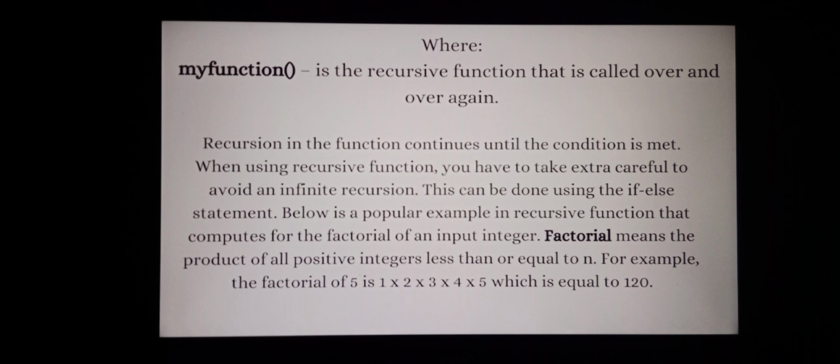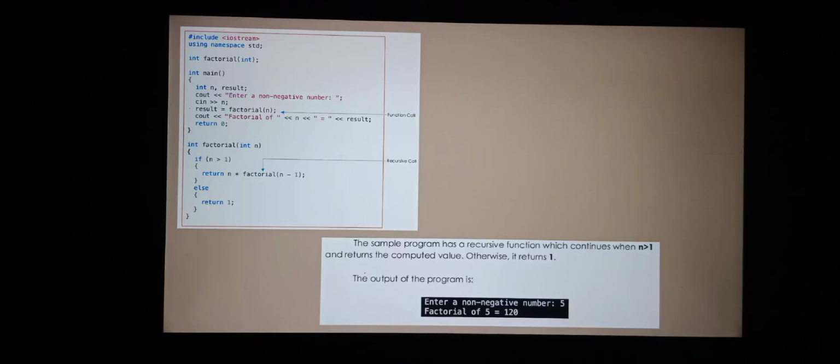Below is a popular example of a recursive function that computes the factorial of an input integer. Factorial means the product of all positive integers less than or equal to n. For example, the factorial of 5 is 1 times 2 times 3 times 4 times 5, which is equal to 120. The sample program has a recursive function which continues